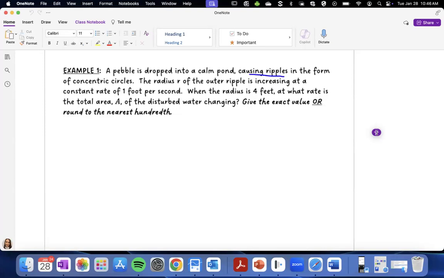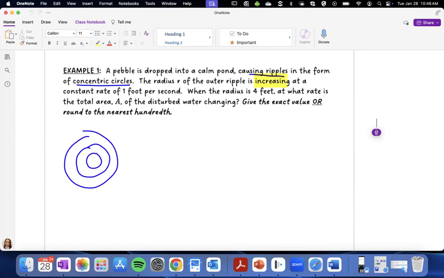So we have a pebble dropped into a calm pond causing ripples in the form of concentric circles. You know what concentric circles are? They look like this, right? Throw a pebble in a pond, it looks like that. And then the radius r of the outer ripple is, watch this, increasing